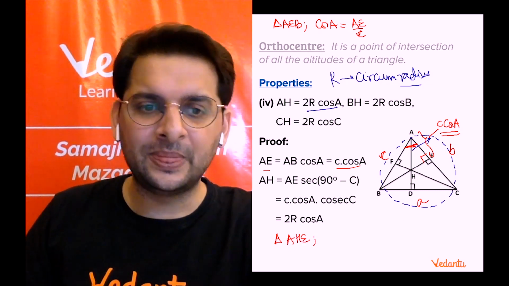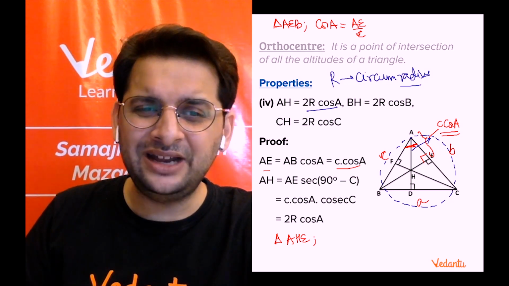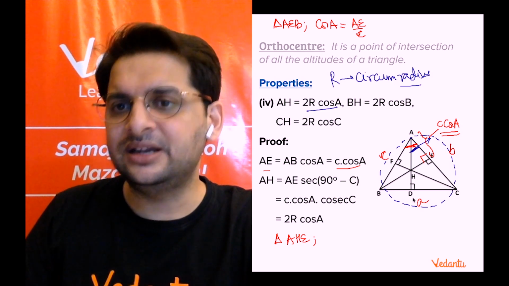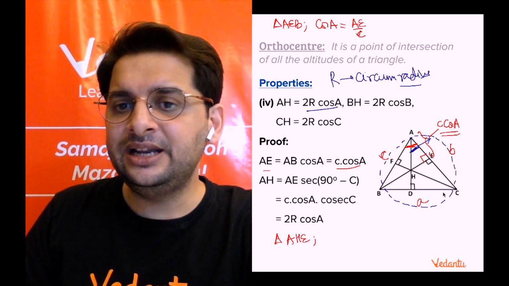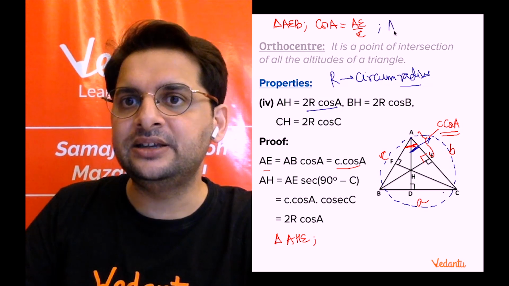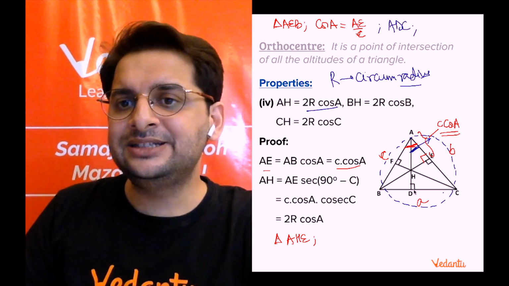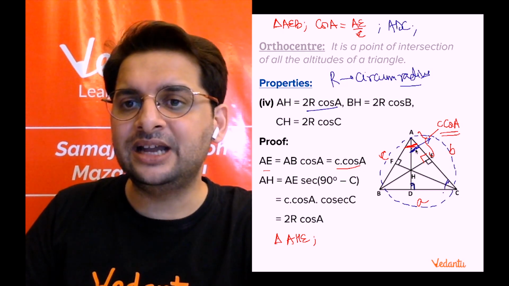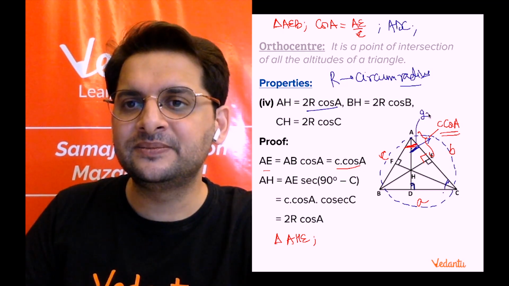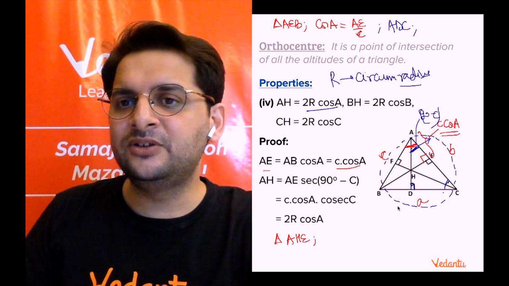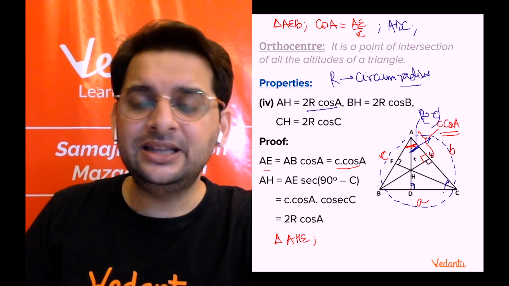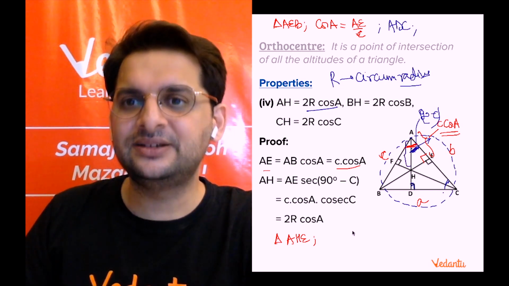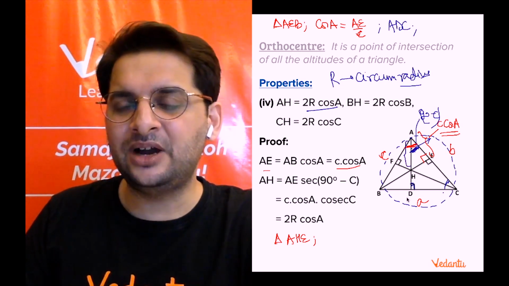Now, if it is a right angle triangle, can I find any one of the angles apart from 90 degrees? So can I find this angle? So if we consider triangle ADC, angle D is 90. This is C. So can I say this angle would be 90 minus C? And in this triangle, we know an angle. We know this side. Can I find AH? Yes. So AH can be found.